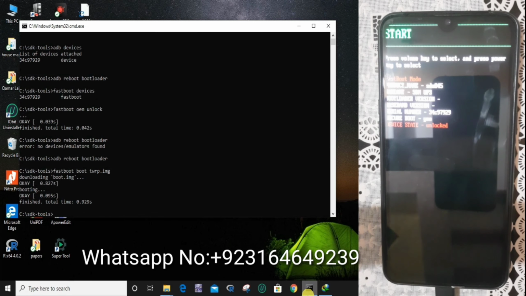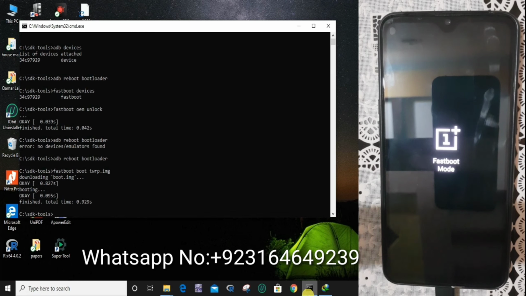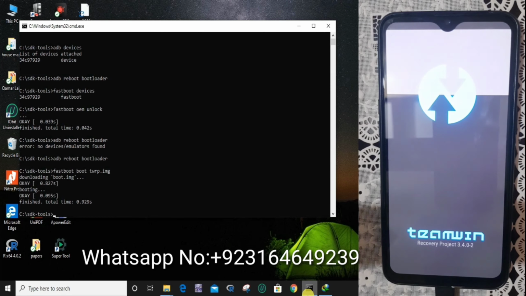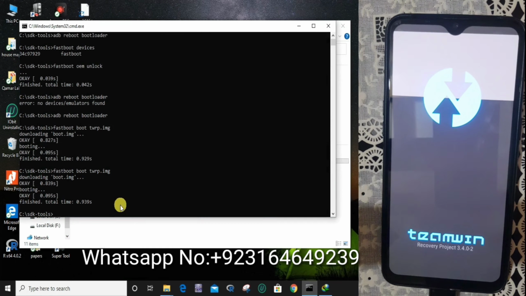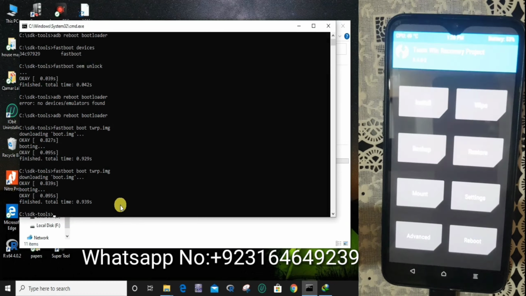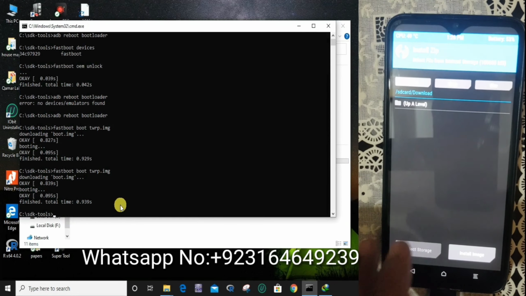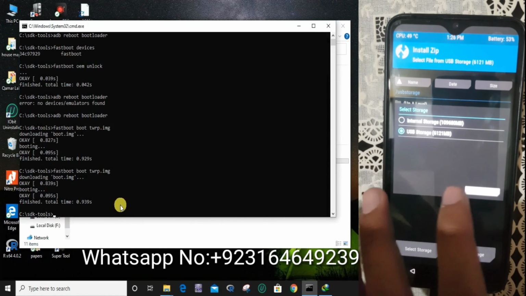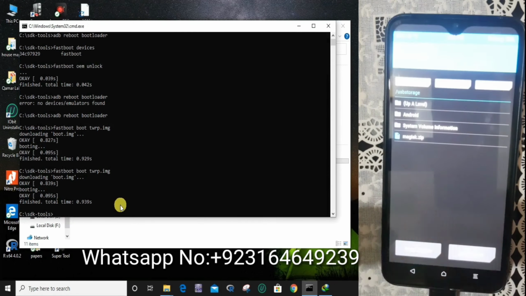and once it is done, hurriedly attach your USB with your mobile phone if you are using OnePlus, because it is one-time TWRP. So if you restart your mobile, then it would be removed from your mobile, but for other devices you can restart it. Now select storage. After selecting installation, select Magisk from the USB or memory card where you copied it. It will install Magisk in your mobile phone.